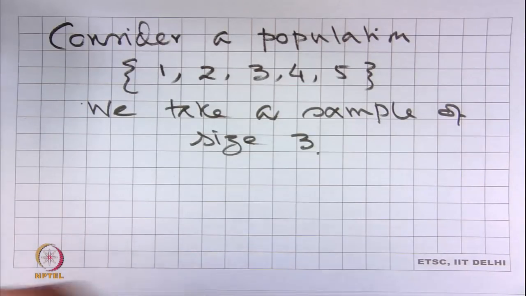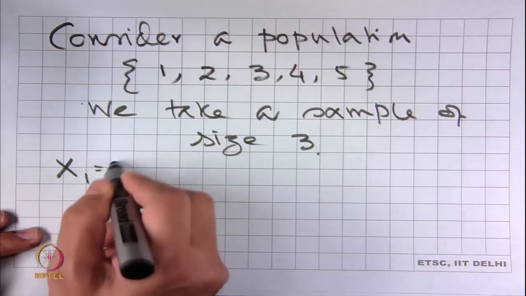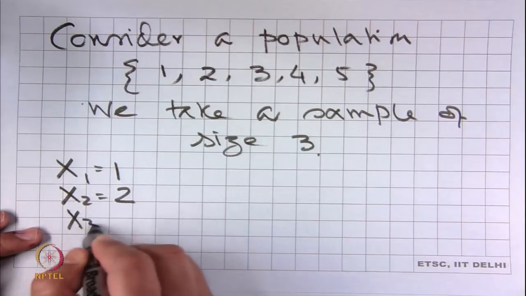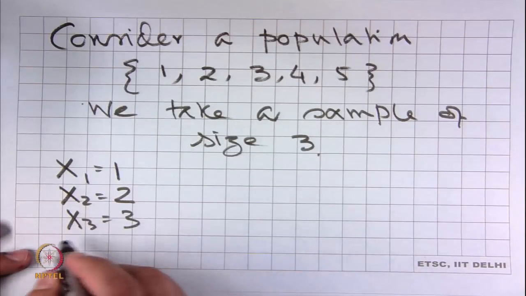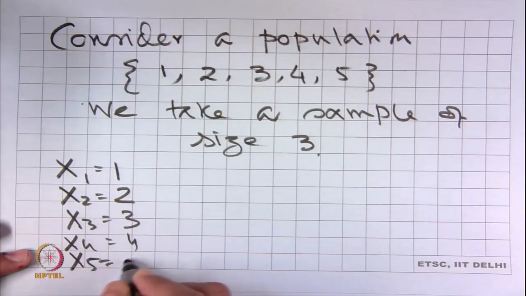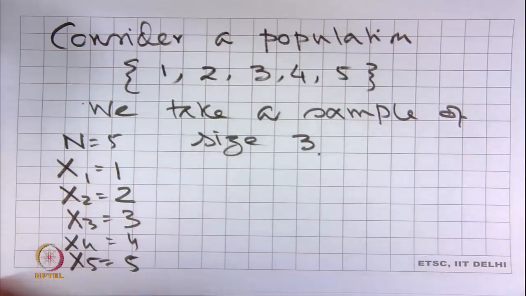Okay. So, basically my x 1 is equal to 1, x 2 is equal to 2, x 3 is equal to 3, x 4 is equal to 4, x 5 is equal to 5,